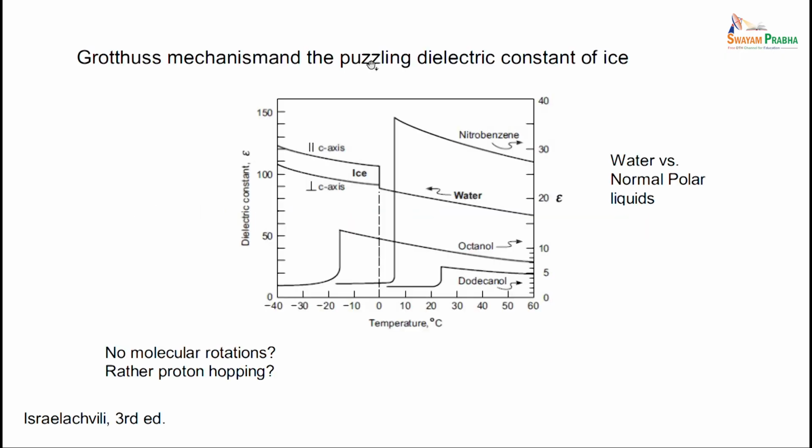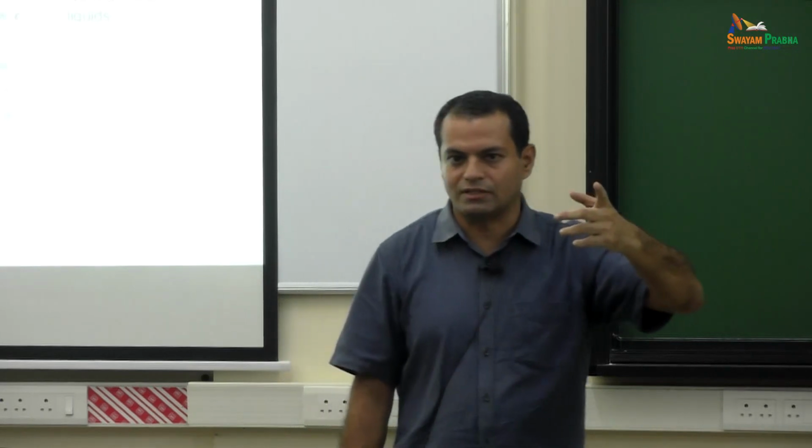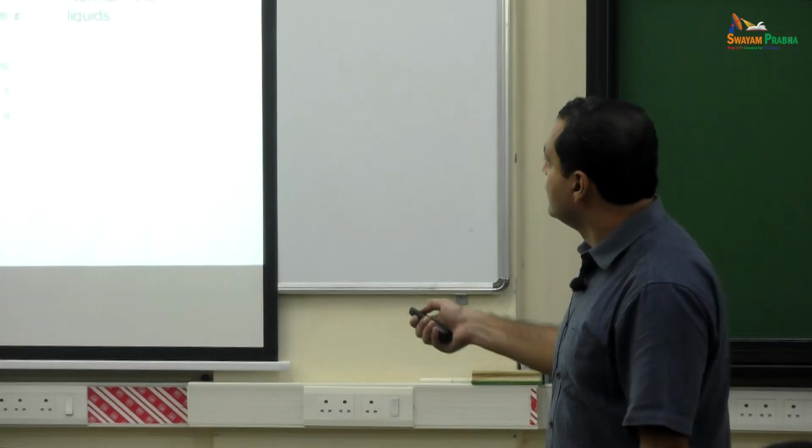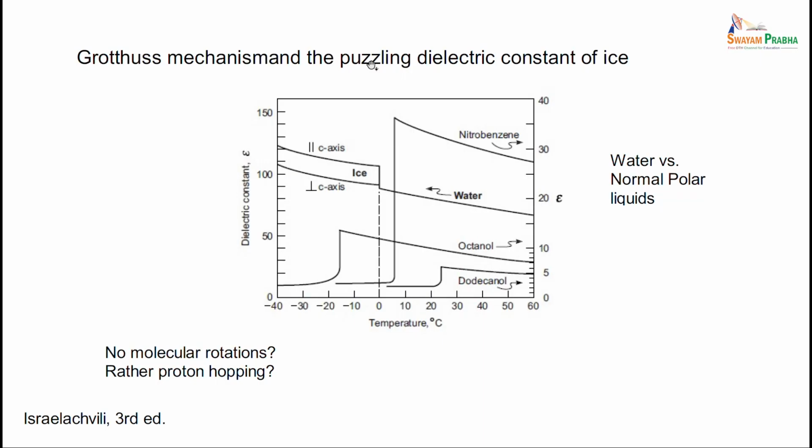Future prospects. Many important things are still not understood. So I have talked about the orientation of the dipoles leading to the dielectric constant, how those two things are connected. Take different polar liquids like octanol or nitrobenzene. When you freeze the liquid, it forms a frozen solid structure. The dipoles cannot rotate in response to the electric field, and therefore the dielectric constant just drops down. The dielectric constant is related to the ability of the dipole to rotate. That's what happens for nitrobenzene, for octanol, for dodecanol, and so on.